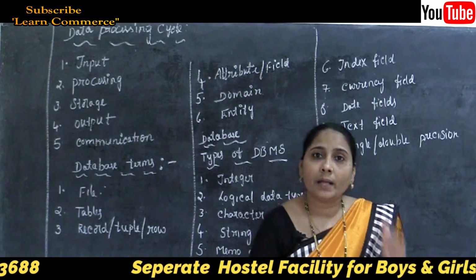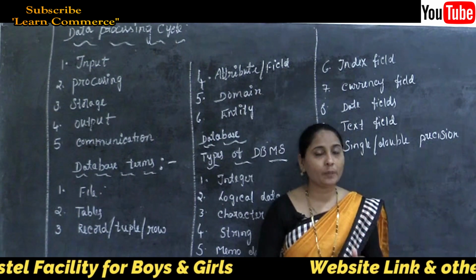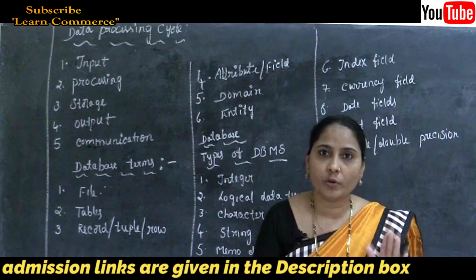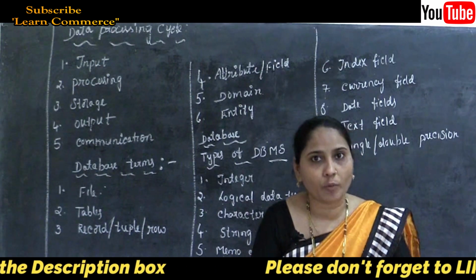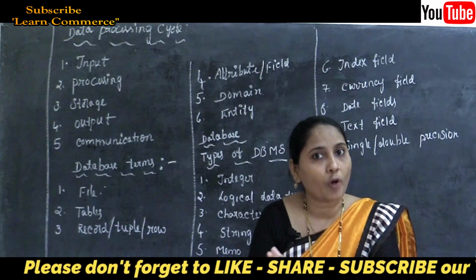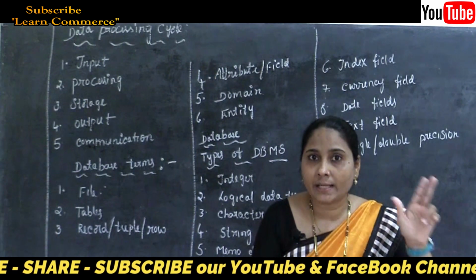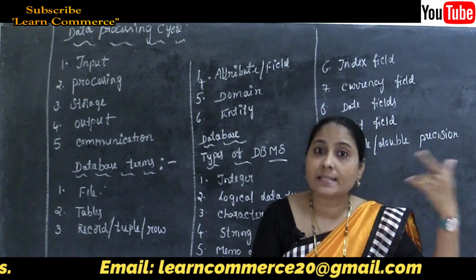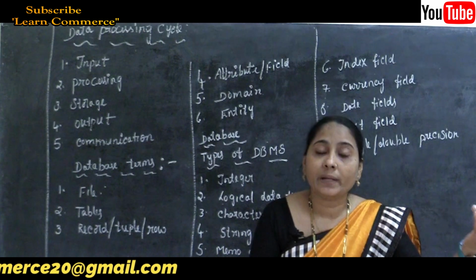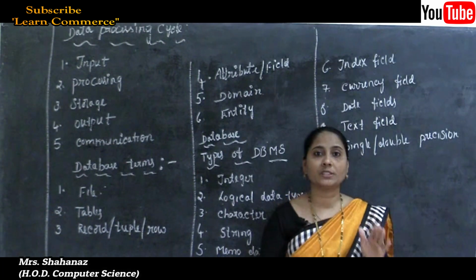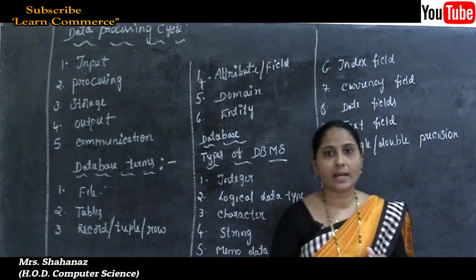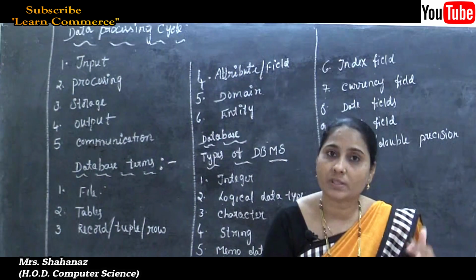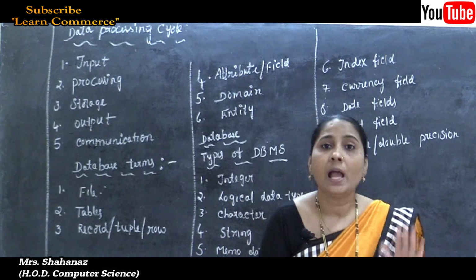Or in other words, the data must be presented to the user in user understandable form. Why? Because we know that many forms exist: machine form and user understandable form. Whatever data is in machine code we can't understand; only the machine understands such coding. But if we show the data in user understandable form, that data presented in user understandable form is called the output.